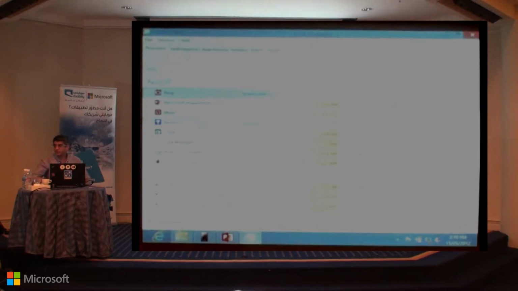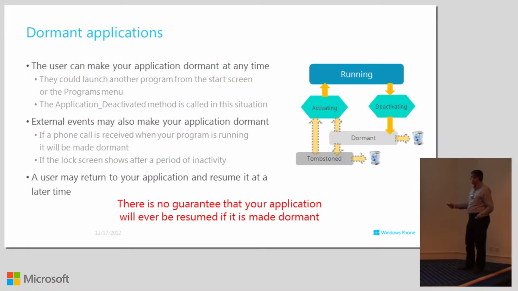This applies to Windows 8 as well. It applies to Windows 8 store applications. Yeah, not the desktop application. So there is no guarantee that your application will be resumed if it is dormant. So you need to ensure whatever you are doing, you are saving state. Now,